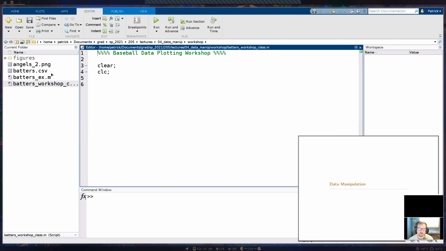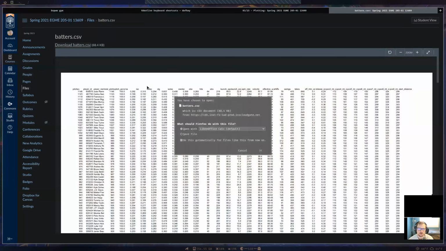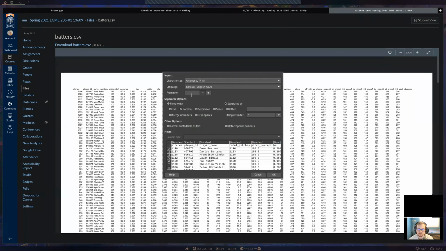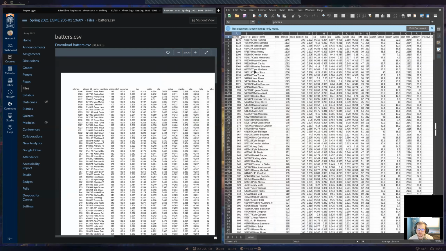So if you downloaded it, you want to make sure that when you downloaded it, you did save and not open. So make sure that you saved the file and you didn't just open it in Excel. Okay, yeah, so if you opened it in some program, that's okay too. So, here I have this kind of fake Excel program.